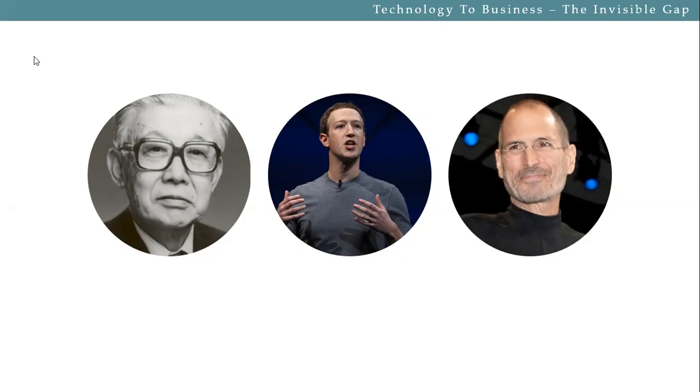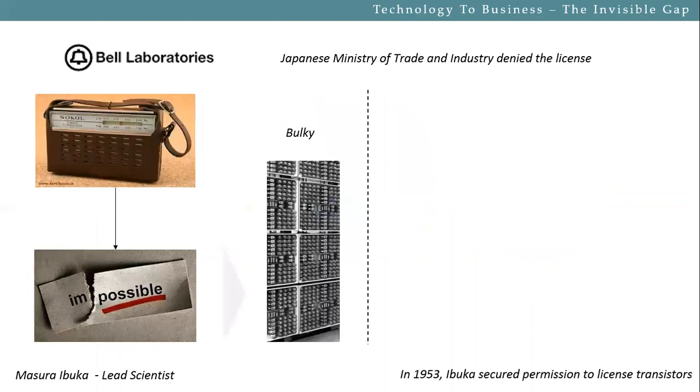So when I look at the first person, does his name strike anything? Masaru Ibuka. He was a lead scientist in Bell Laboratories. Do you know what this image indicates? These are those old kind of computers, the bulky computers. The size of the computers was pretty big because it had a big capacitor. So Masaru Ibuka is the co-founder of a company.